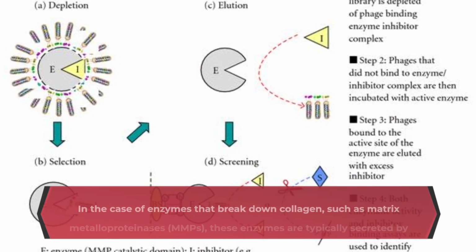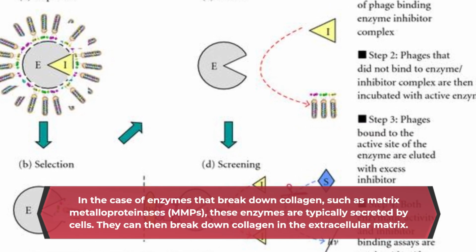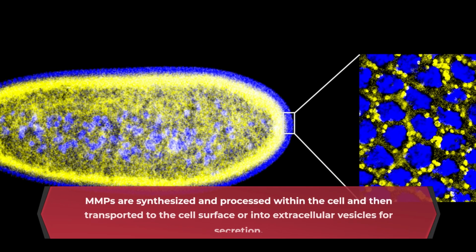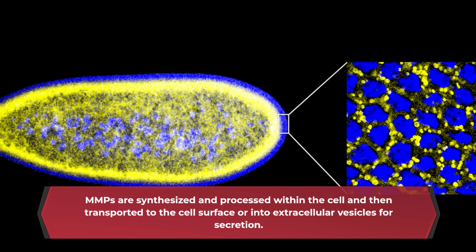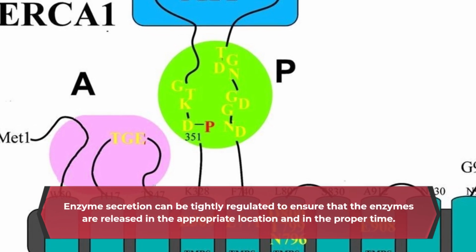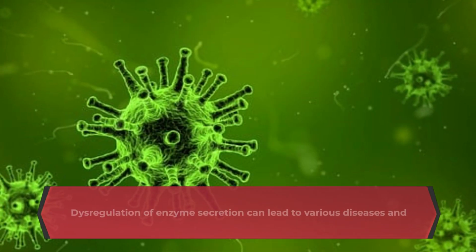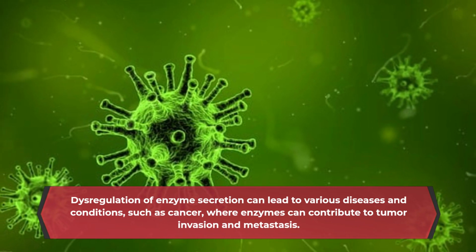In the case of enzymes that break down collagen, such as matrix metalloproteinases, MMPs, these enzymes are typically secreted by cells. They can then break down collagen in the extracellular matrix. MMPs are synthesized and processed within the cell and then transported to the cell surface or into extracellular vesicles for secretion. Enzyme secretion can be tightly regulated to ensure that the enzymes are released in the appropriate location and at the proper time. Dysregulation of enzyme secretion can lead to various diseases and conditions, such as cancer, where enzymes can contribute to tumor